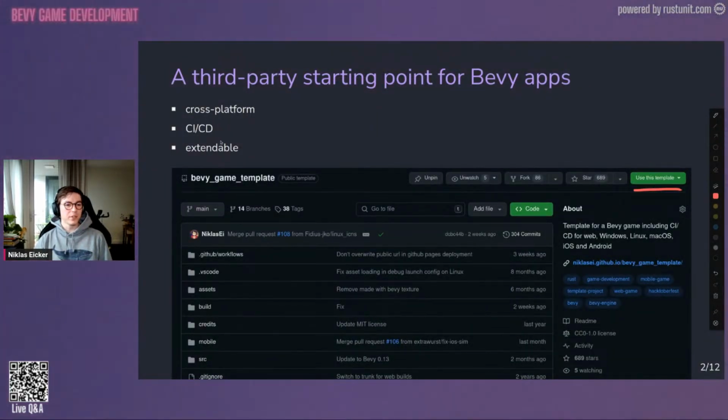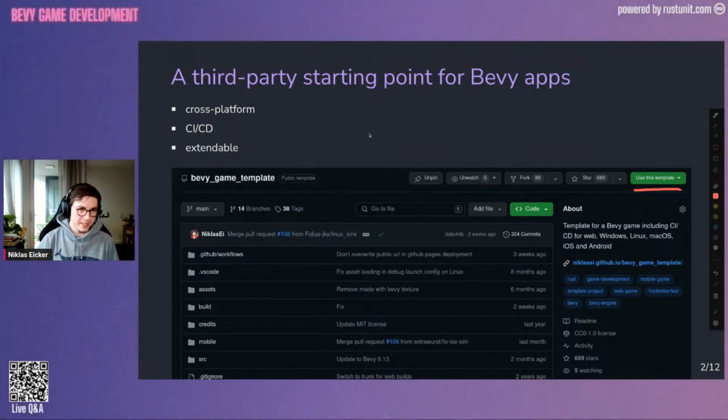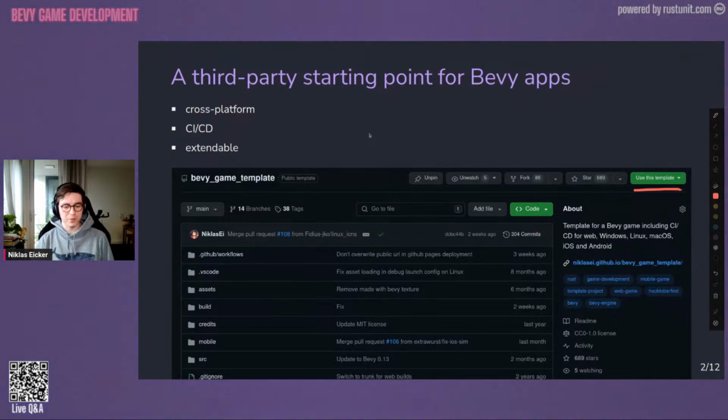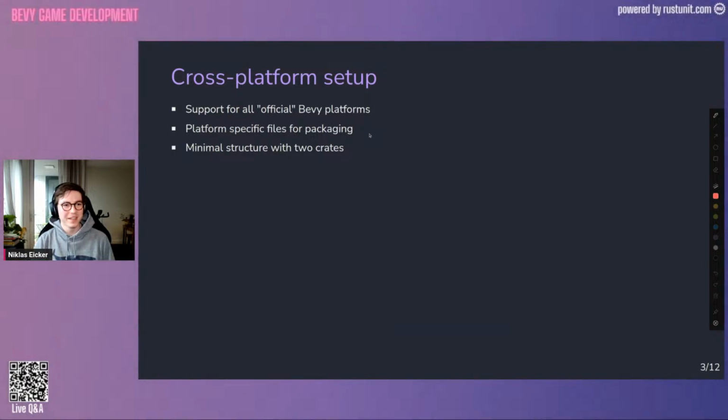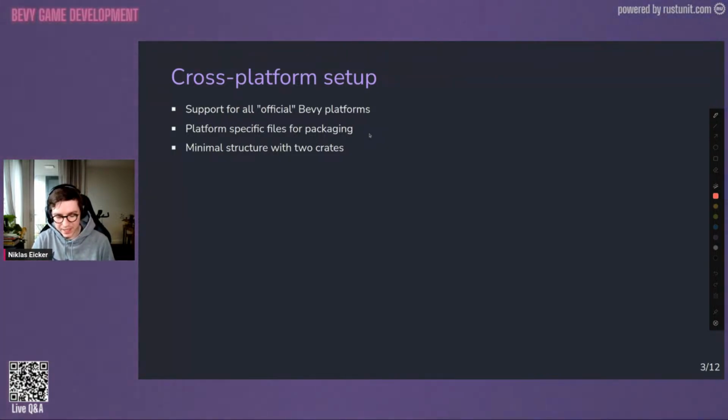So I'm going to look at these 3 focus points here: cross-platform, CI/CD, extendable, and I will try to pull some learnings out of every one of these points. I hope there's something interesting for everyone here. First point, cross-platform setup. So what I mean by that is that I wanted to support all the official Bevy